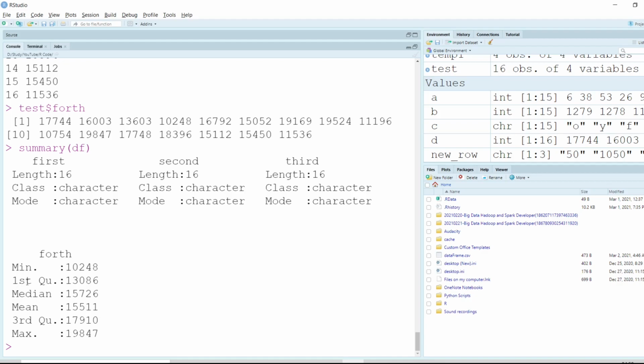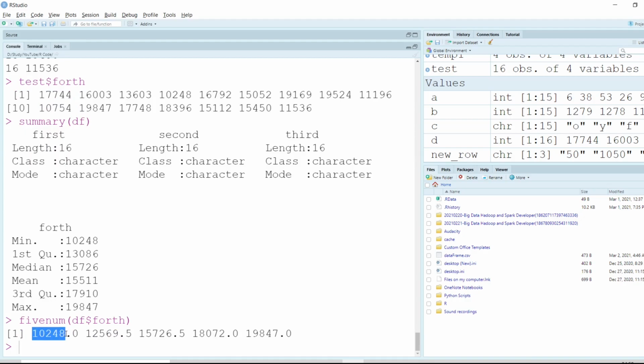We can also get these important statistical terms displayed using a function fivenum. And inside that, if I just pass df dollar and the fourth column, if I click on the enter button, we just have the minimum and the maximum, the median. So mean is not considered to be a very important parameter as far as data science is concerned. Median is given more importance or more weightage. Why is that so? Once we learn a little more about statistics, we'll be learning about that as well.